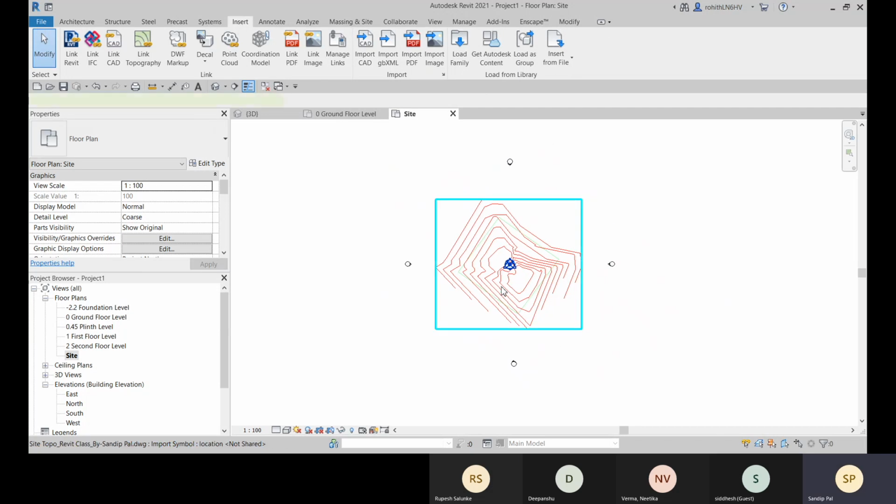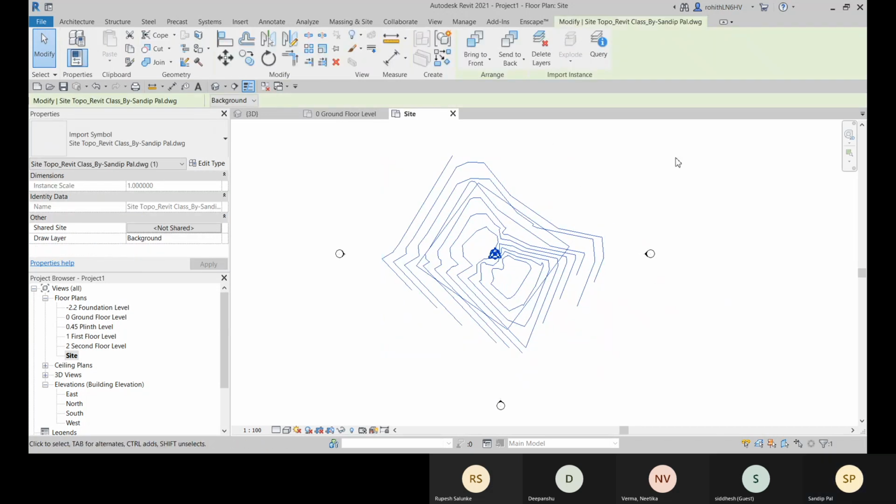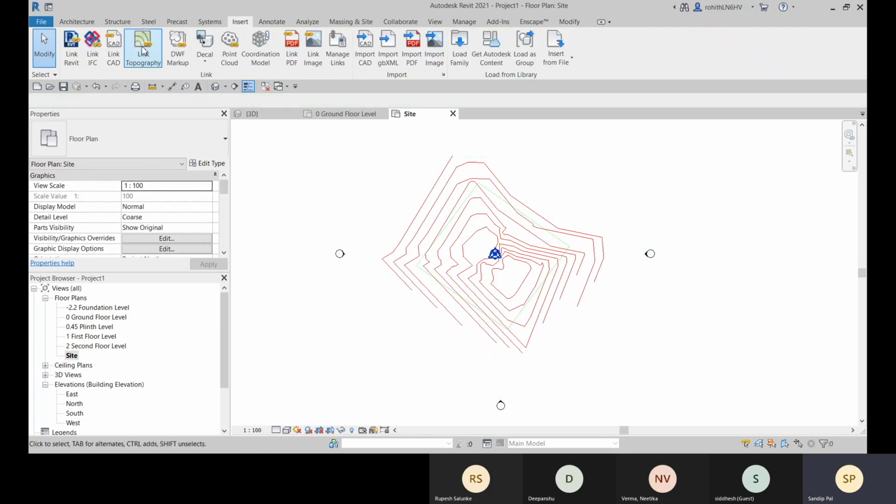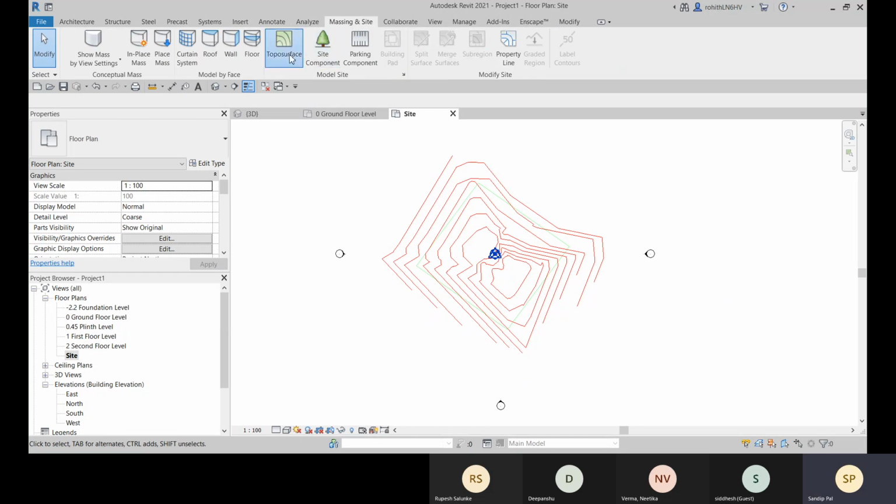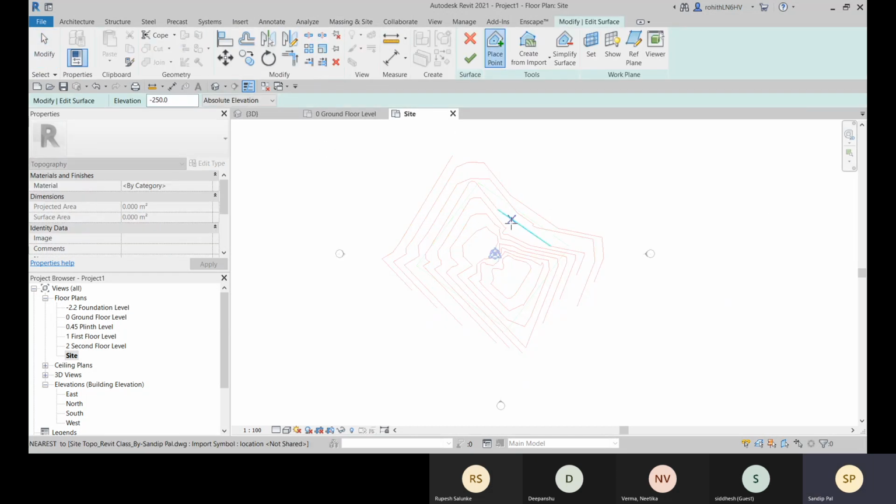Right. Now we can convert this into our topo surface. For that, I'll go to massing and site, go to this topo surface, and then we have the option create from import. Then select import instance.